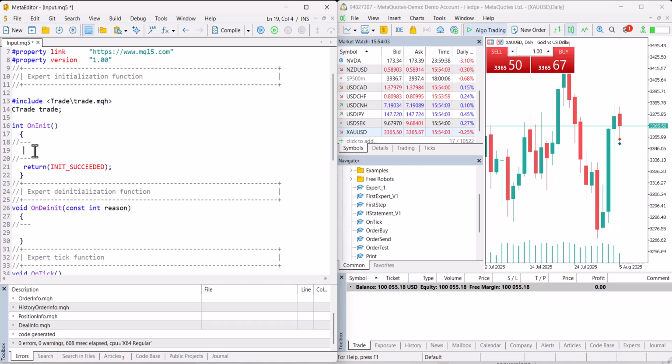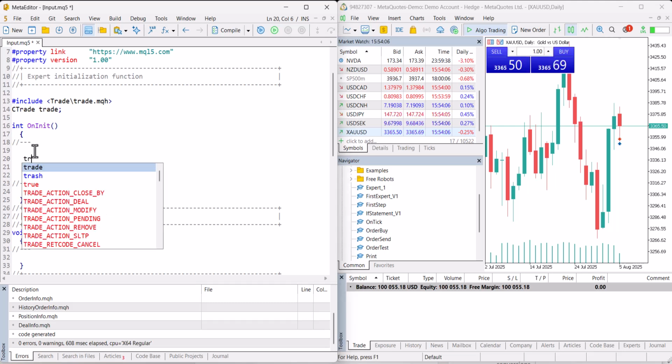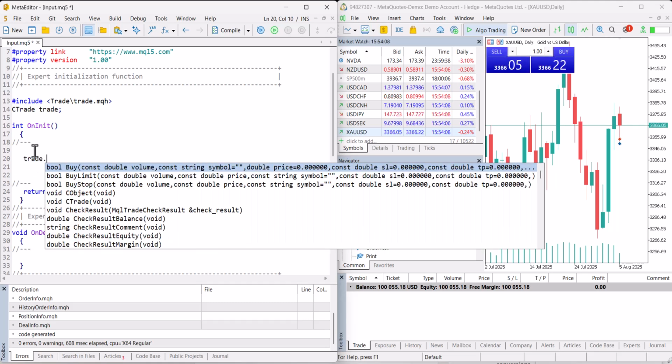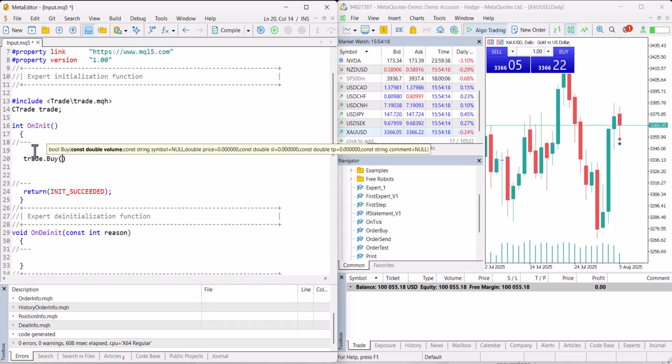Here, when I type the trade object and a dot, as you see, there are parameters that I can pick. Let's open one lot buy position and send our first algorithmic trade order. As you see, there are parameters that it is asking for, and each is divided by a comma. So let's open one lot. Here it asks for the symbol parameter. If I just put NULL, it means the symbol where the expert is working,